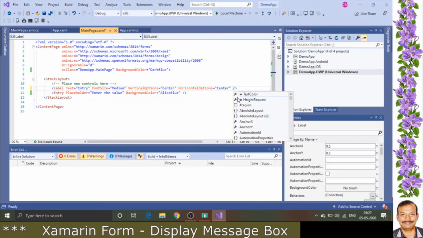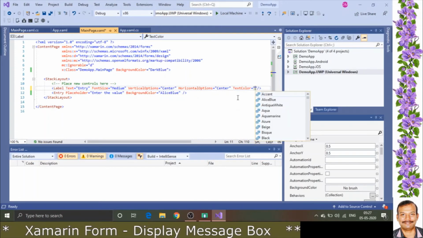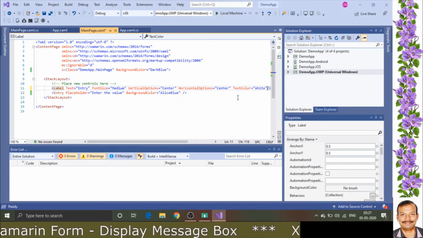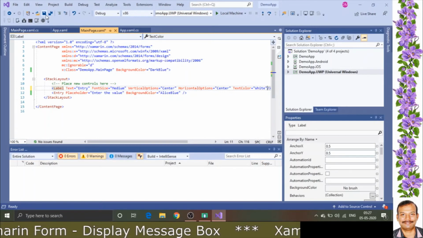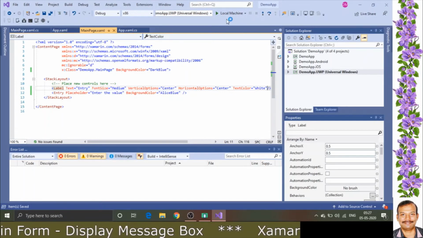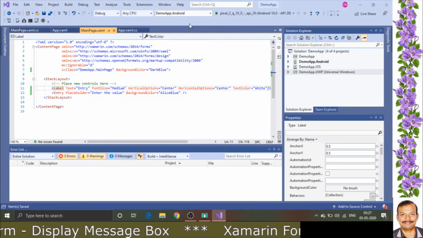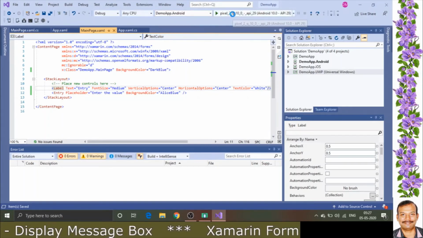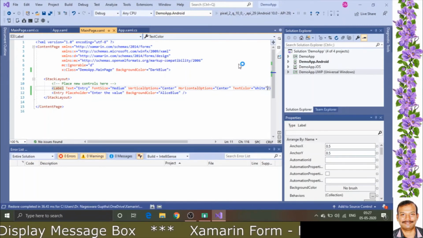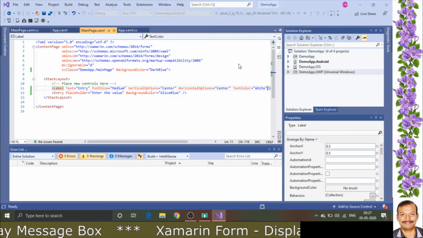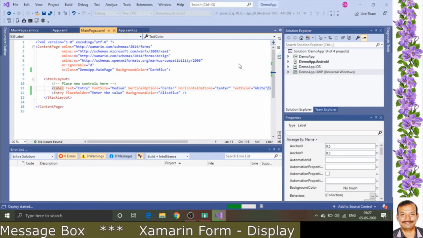Here we are going to give the text color. Text color I will give as white. Now we are going to see the output in Android.